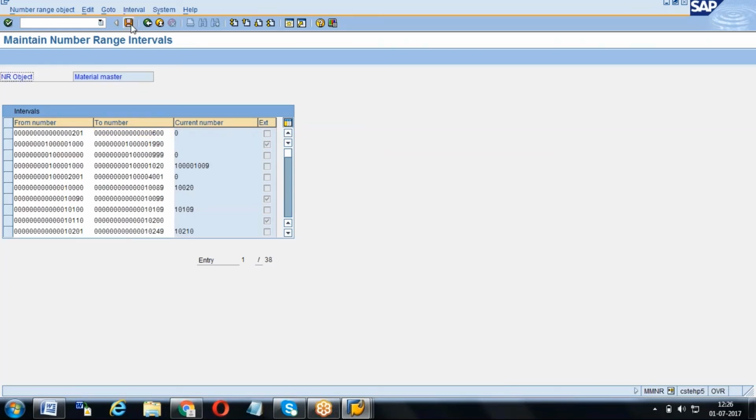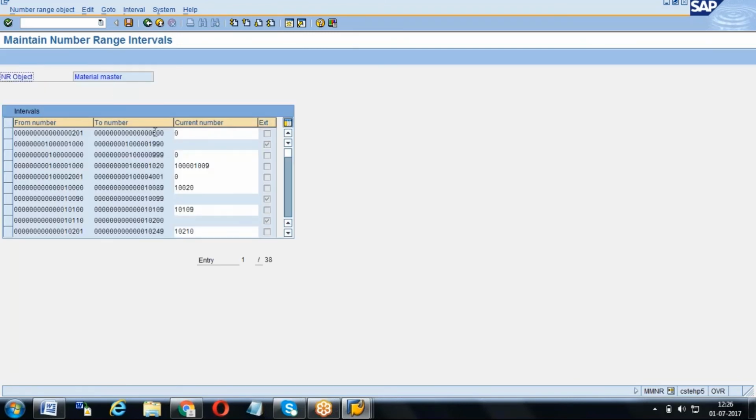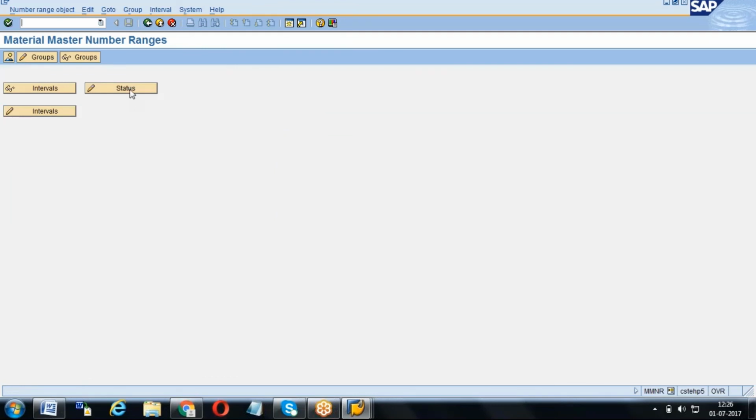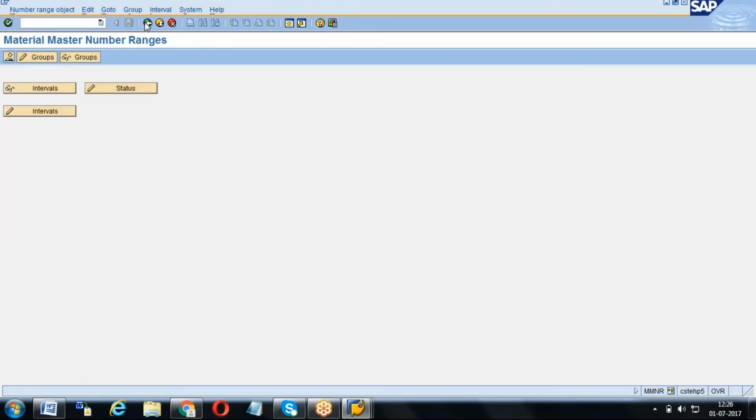Some range you have decreased, right? Now you can come down. Now if you see this, 200 to 600 is there. But to change the intervals here, first of all you have to make the current number 0. Like that we need to adjust. In real time these kinds of things won't happen. In the IDES system only you get them frequently, because different people work on it, especially when you use the online SAP. They can maintain anything anywhere like that.